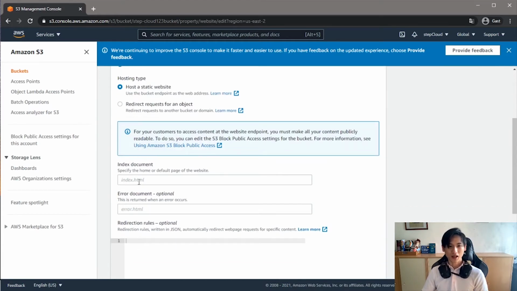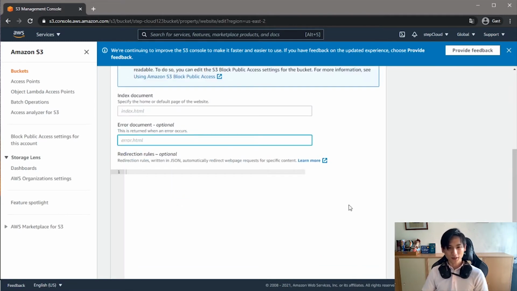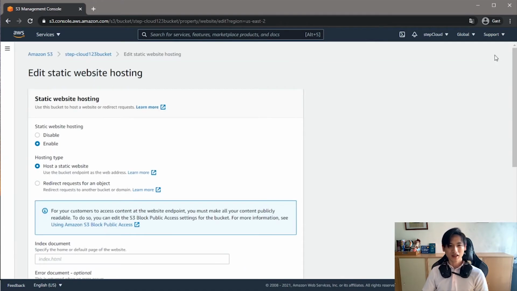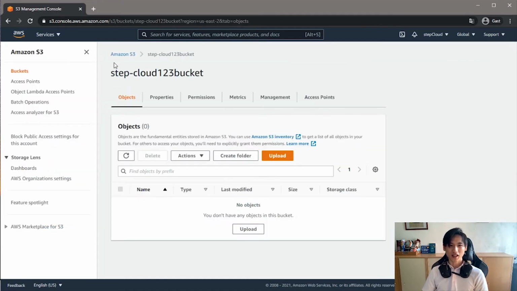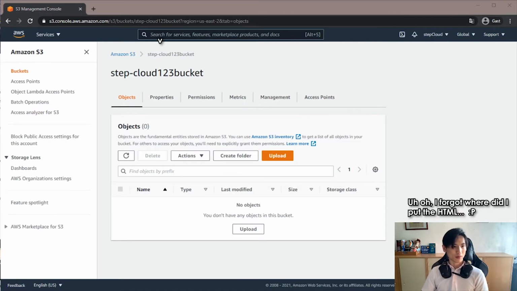Host a static website. We have to specify an HTML file for index and error. So basically, for your landing page and for the error page. For now, we haven't uploaded yet. I will come back to that later. What it's telling us is we have to upload that index.html, which I already have. So basically what I will do is